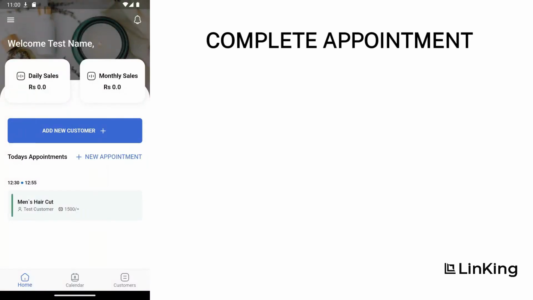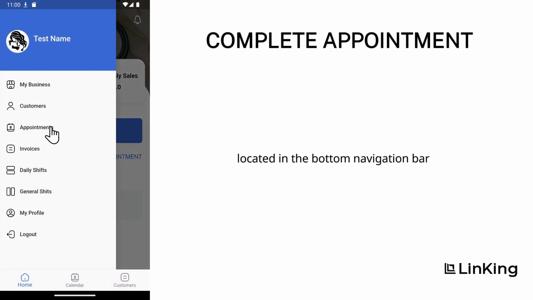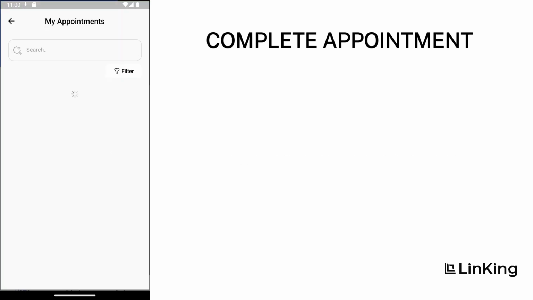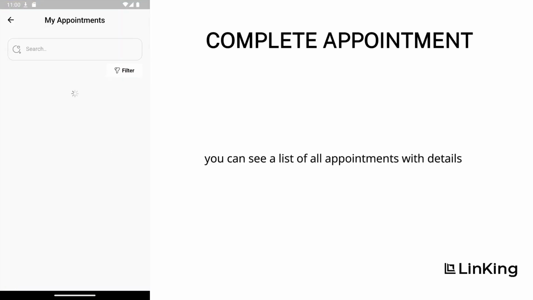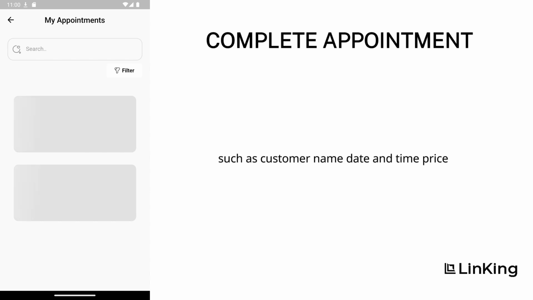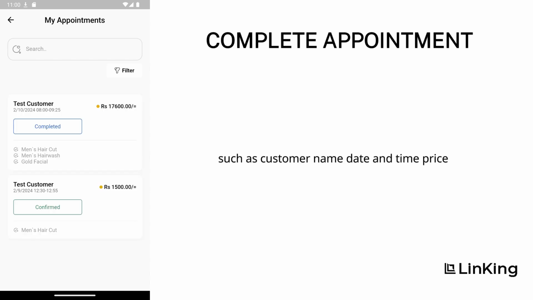To manage your appointments, click on the Appointments icon located in the bottom navigation bar. This will take you to the My Appointments screen. Here you can see a list of all appointments with details such as customer name, date and time, price, appointment status and services. If an appointment is confirmed, you can edit it by clicking on the appointment you wish to